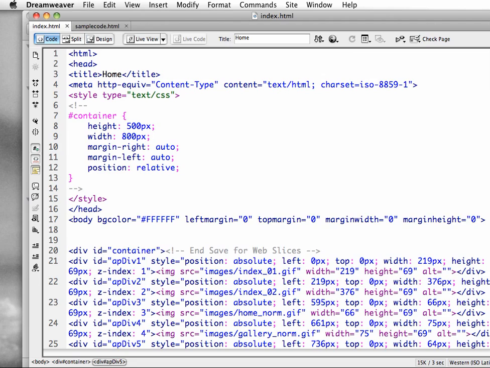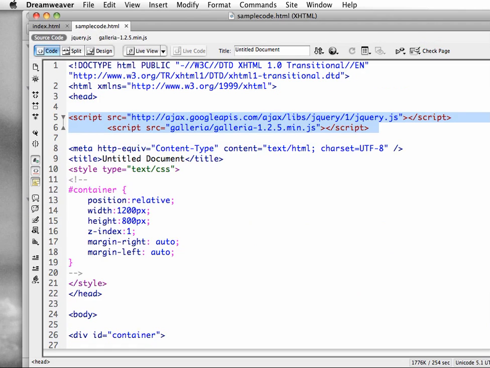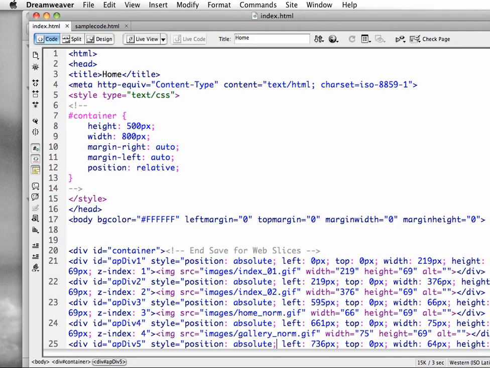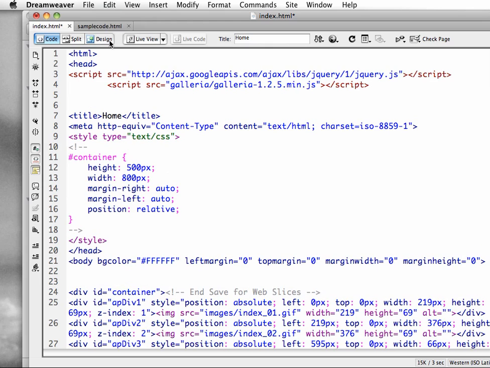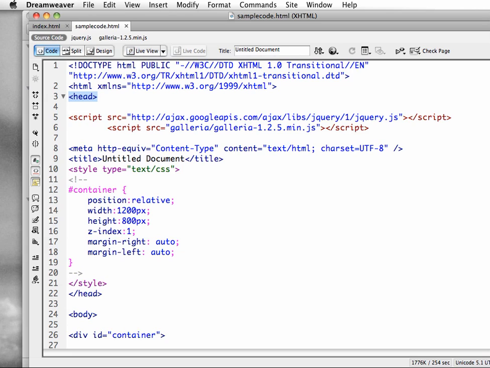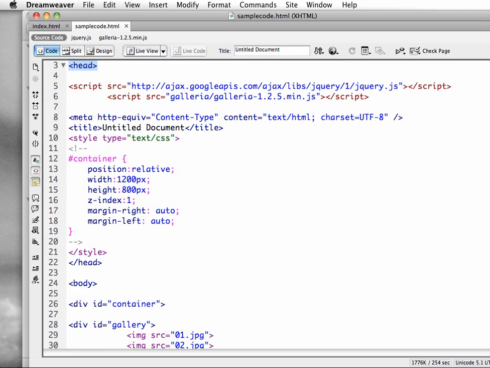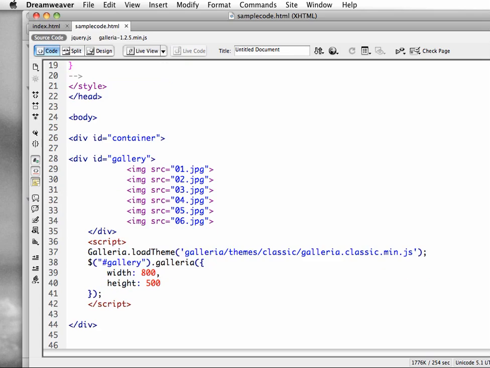to paste. Again, as I look here, these scripts are inside the head tag. So I'm going to go to my page, and I'm going to go to my head tag, and I'm going to simply paste that in here. I'm going to save the file, come back to my sample code, and further down the page, there is another set from basically line